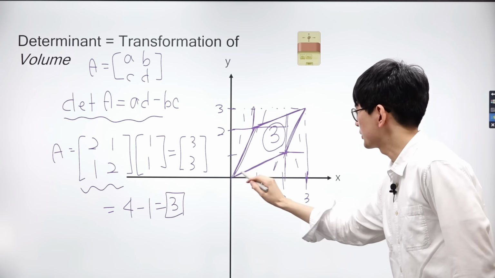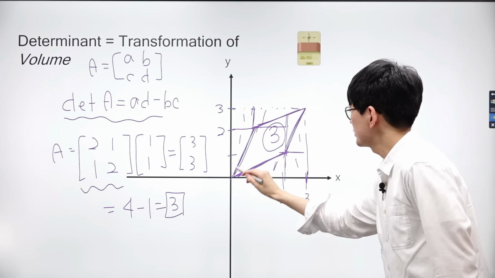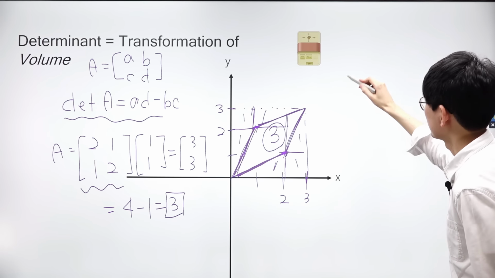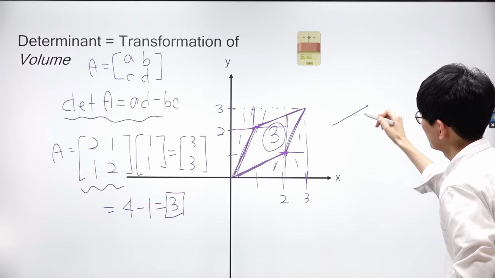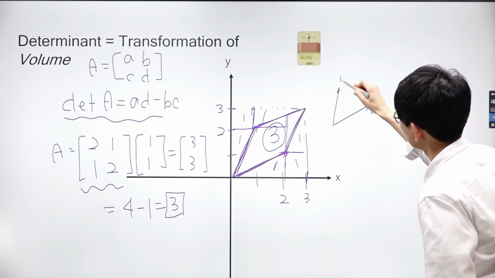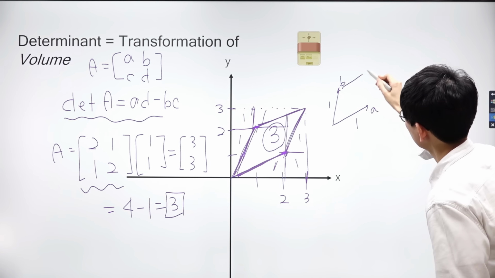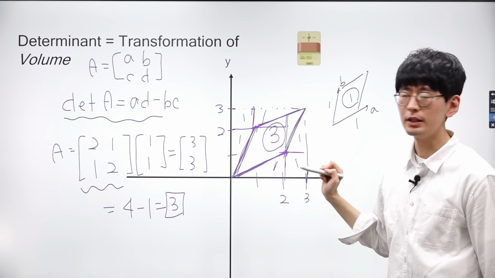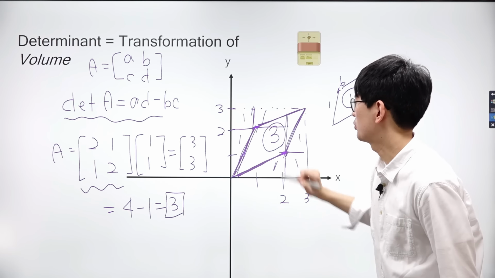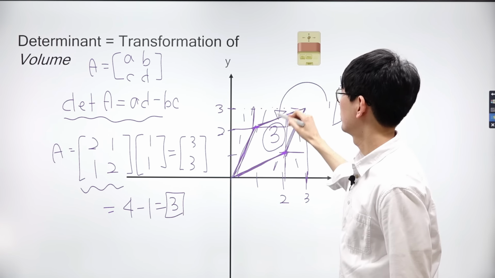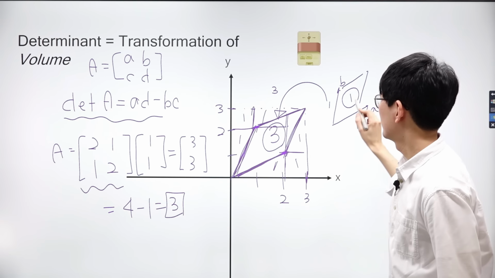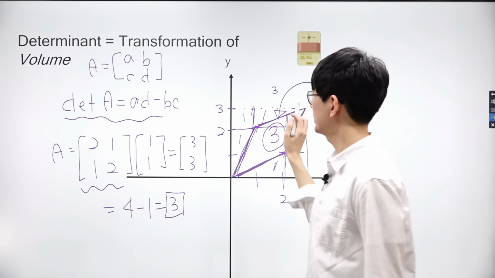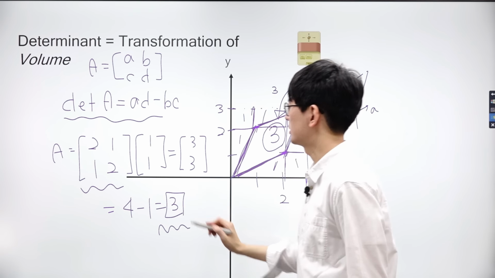Let's interpret the value of the determinant of the matrix conceptually. In the transformed coordinate space, each vector in the matrix defines ones. In the transformed coordinate space, the length of both vectors and the area of the parallelogram are 1. However, in the original coordinate space, the area of the parallelogram is 3 as we measured. So the determinant of matrix A signifies that the area of the parallelogram increases by 3 in the original coordinate space from 1 to 3.